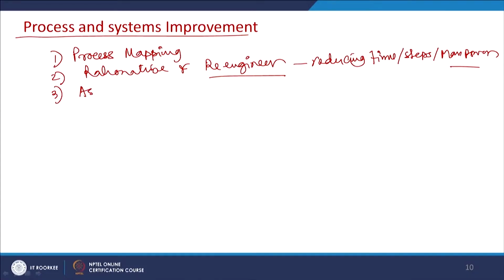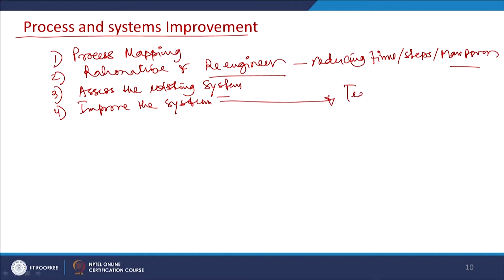Then assess the existing system and then improve the system either by improving technology and or improving the skills of the people who are working. You can hire also if required for some time, so this kind of improvement, and also not only technology, you need specialized equipment